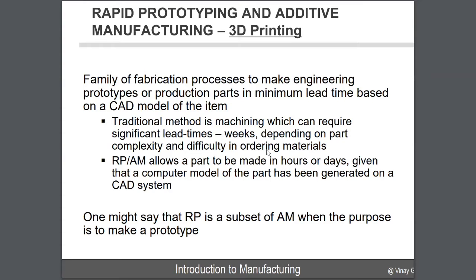So the idea here is that traditional manufacturing, like machining, requires a significant amount of time. But with rapid prototyping or additive manufacturing, there are ways to reduce that time scale to maybe hours or days. And they're all generated based on a CAD model. Rapid prototyping is a subset of additive manufacturing in this context because it is used in the context of prototyping. But additive manufacturing is a broader range of approaches that is used successfully today